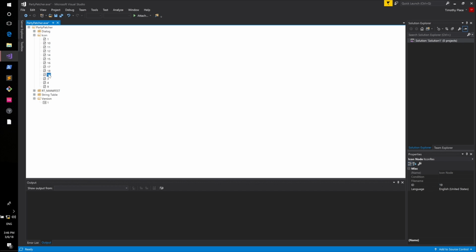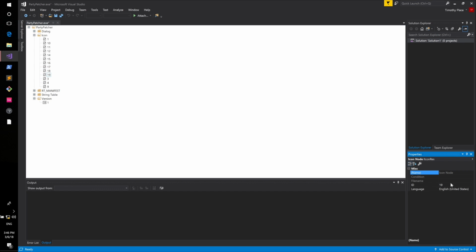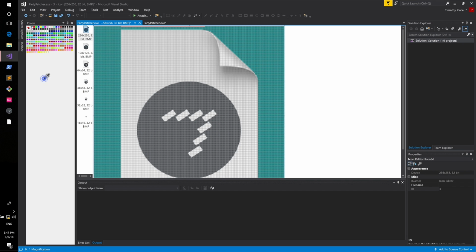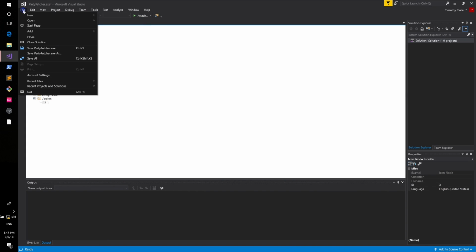It added it as 19, but as we just saw, I can change the properties of it to change this ID to 2. So we changed 1 and 2, which are the main application icons. If we look at these others, you can see they're like document icons and things that we're not interested in right now. So I'll go ahead and say save